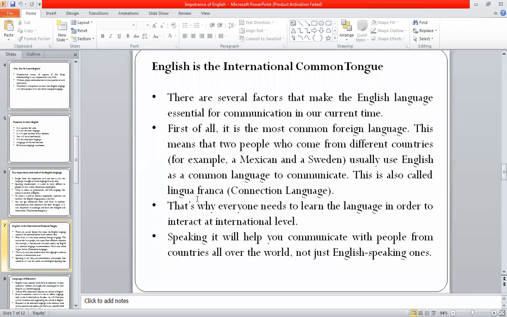Then next is everyone, that's why everyone needs to learn the language in order to interact at international level. So if you want to interact with the people from different countries or from different international level, then it is possible for us to interact with them only if we know this language, okay. We can speak this language, then only it will be possible. Then see the next